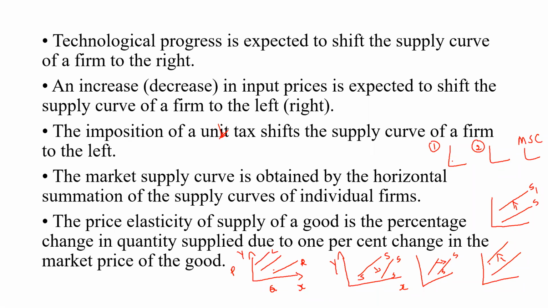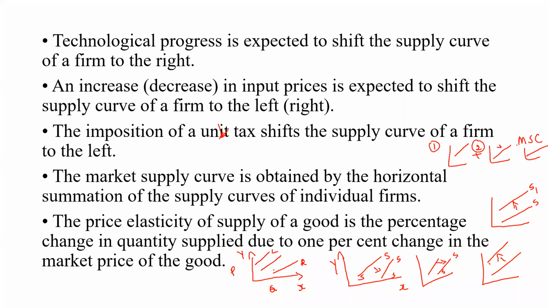So if it is like this, and if it's like this, we have to add the first one and second one, then we will get the final market supply curve. That's what we studied in the